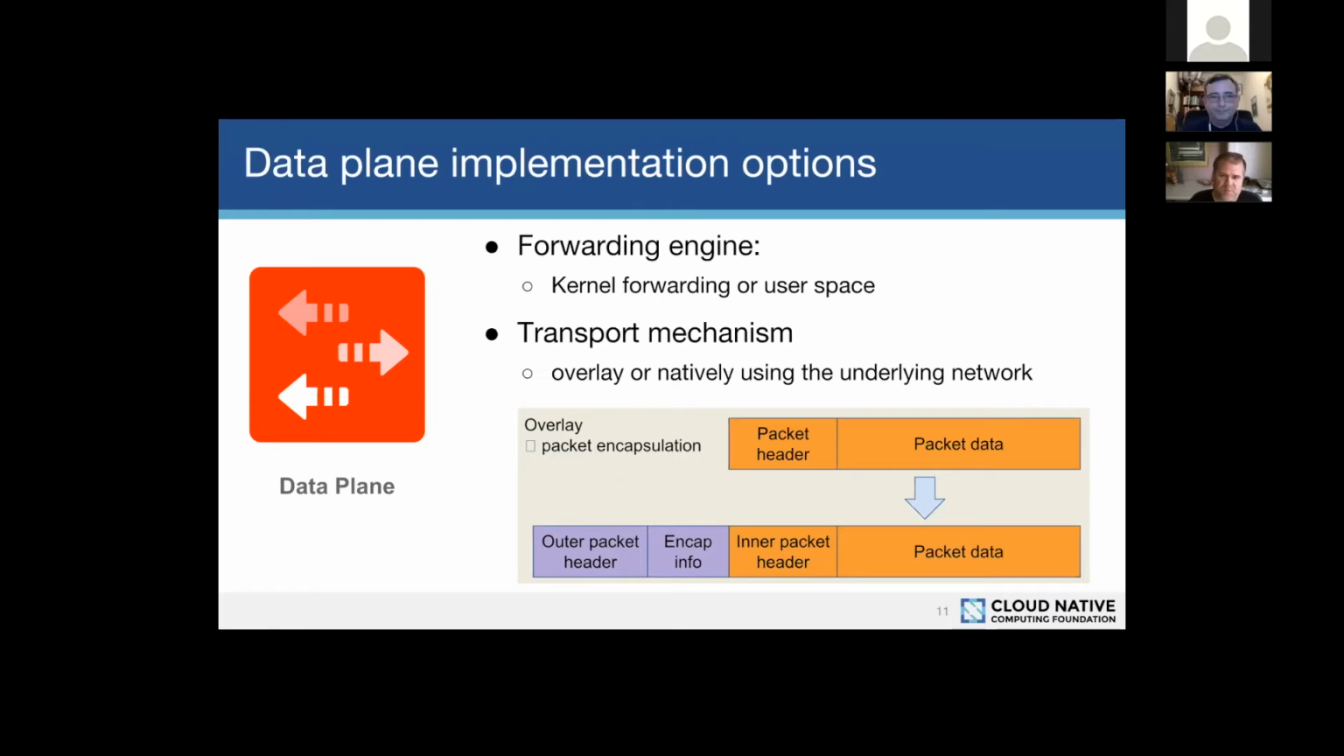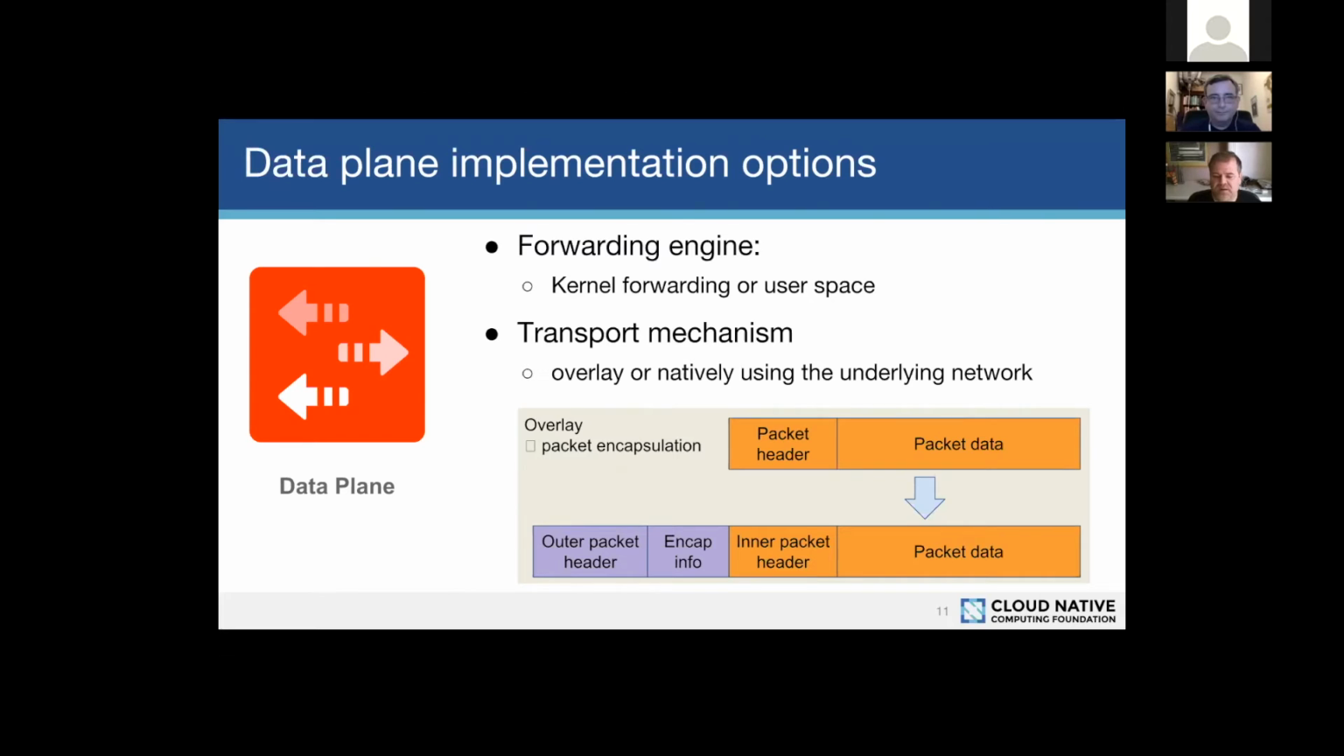Then there's a transport mechanism, and there are some differences here as well. You may decide that you want to run just on the underlying network, and those containers or pods are actually part of the underlying infrastructure. They're actual nodes on the underlying infrastructure. That's what we might call native networking. That might have some advantages if you're already in an encapsulated network, or you've got a network that will allow you to do that. If you can't put those workloads directly on the underlying infrastructure,